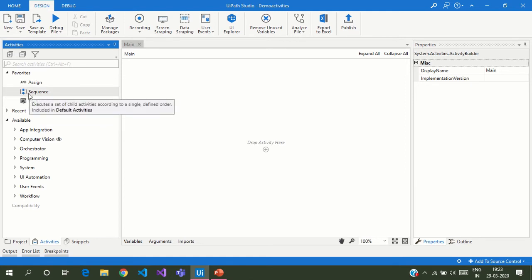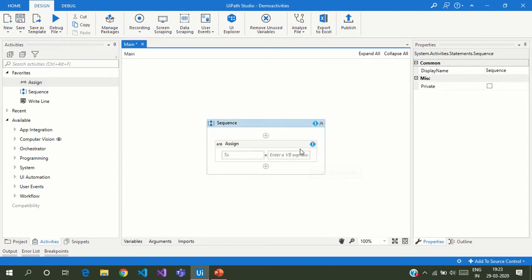These three are the main activities which are often used. You also know about sequence, as we discussed in the previous videos, and this is called the assign activity. Here you have to mention the variable, and here you have to enter the value.